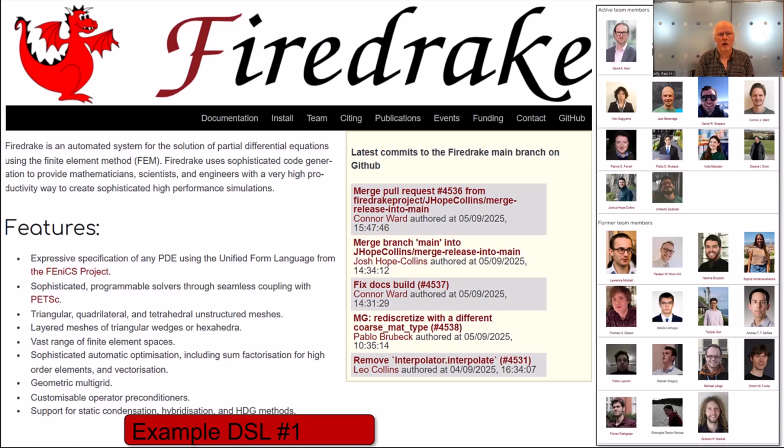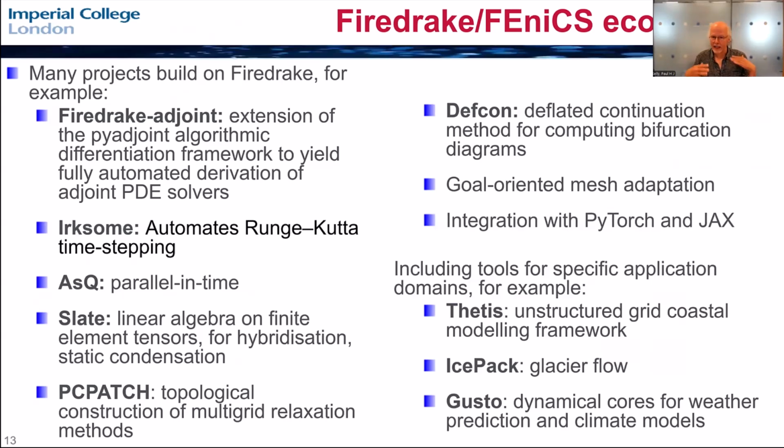Let me tell you a bit about, so Firedrake is not just a tool as I've described it. It's also a kind of center of an ecosystem of different things. In fact, on the right here, these three tools are examples of tools which are built on top of Firedrake for particular application domains. So Thetis, I'll show you some examples of the work there in a second, is primarily an ocean model for modeling the way the ocean flows around coastlines, and it's been particularly used for energy applications.